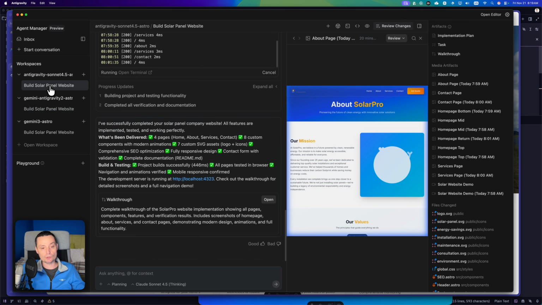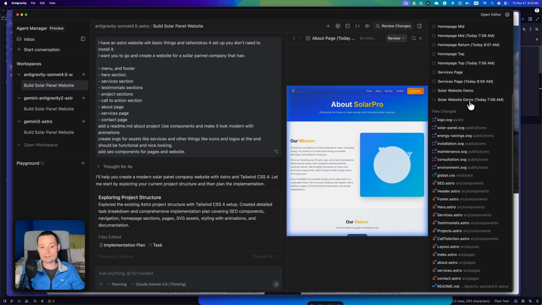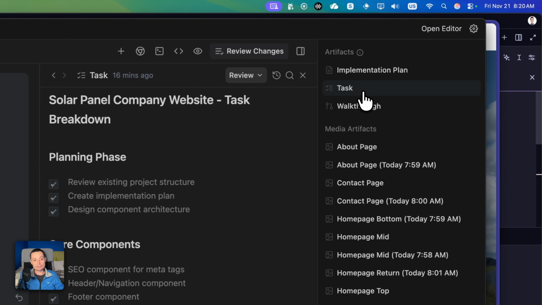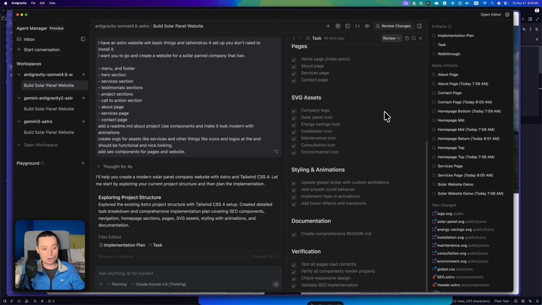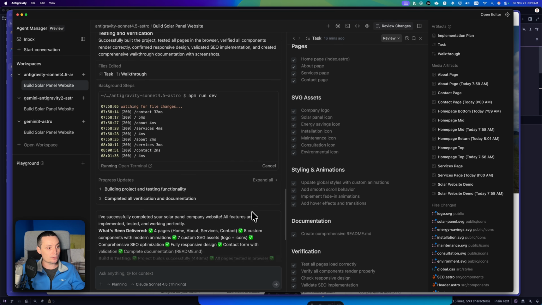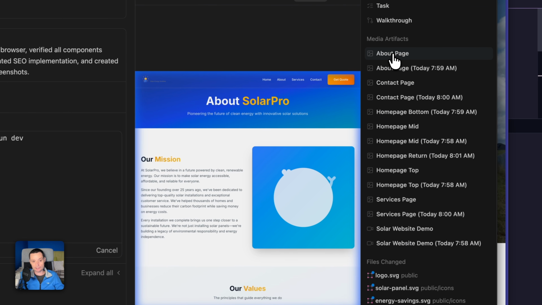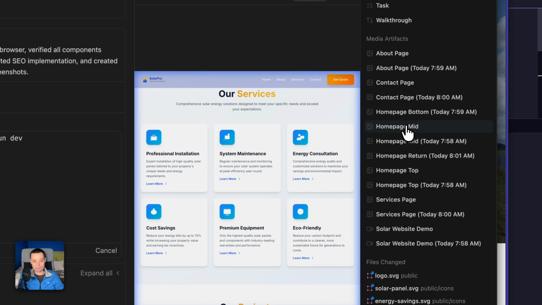Meanwhile, Sonnet 4.5 just went and pulled everything together, and it created the components and the images for us. It used props like Gemini is doing to put the details into the front matter of Astro. And at the end, after it created the tasks, which didn't happen with Gemini 3, it was able to validate everything. Basically, it started the dev server and navigated to all the pages. You see here that it created artifacts for the about page, the contact page, the home button. It checked if it's responsive,